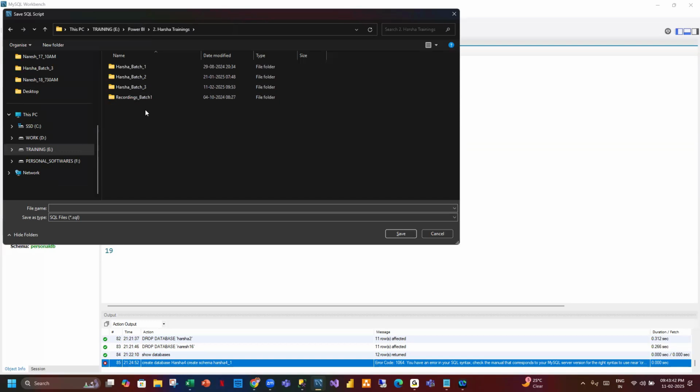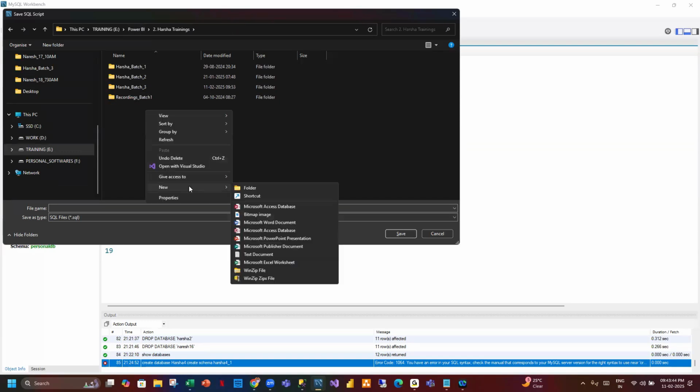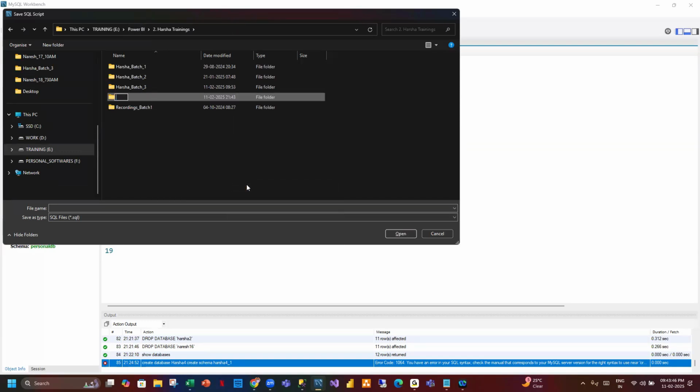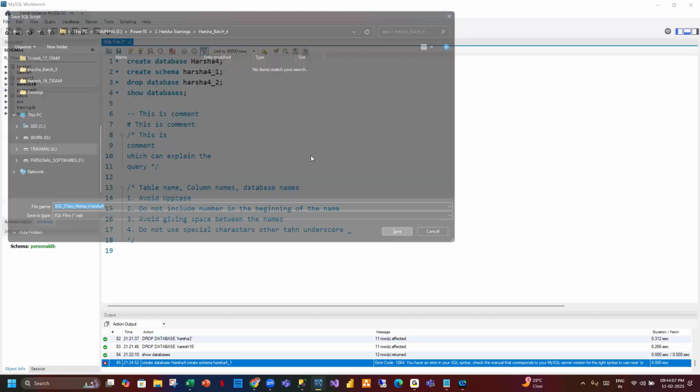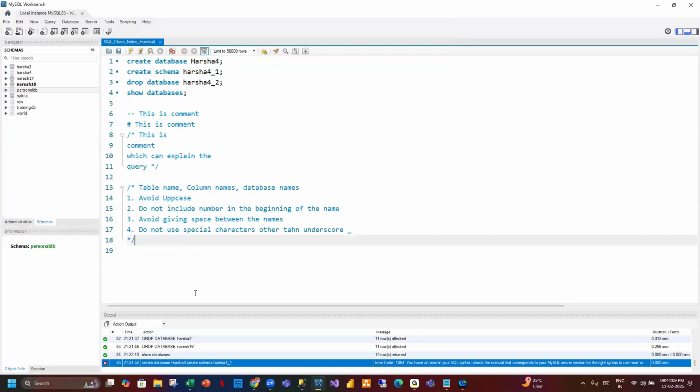What I'll do is I'll actually create a folder. Wherever you want to save your files, you can do that. I want to save it here. Go to that location, give a name. I'll write it as SQL class notes underscore Harsha 4. Okay. Now if I click on save, this will save as a .sql file. If you go to that location